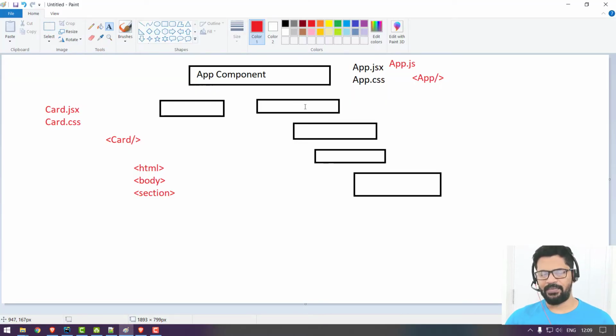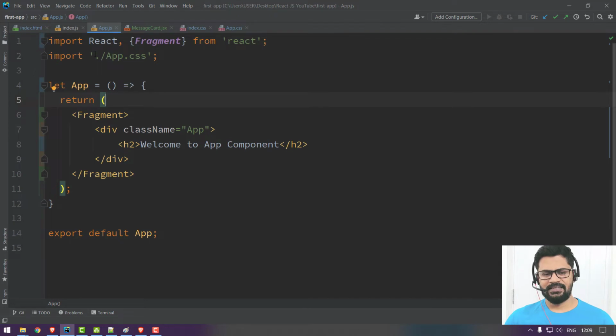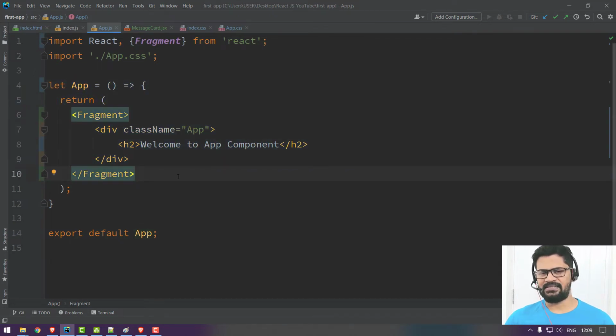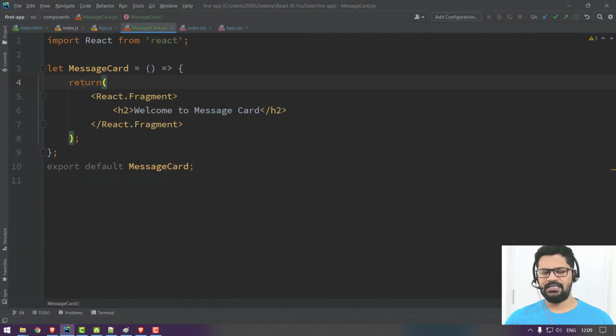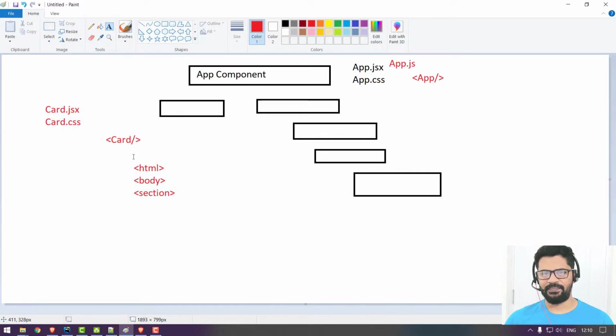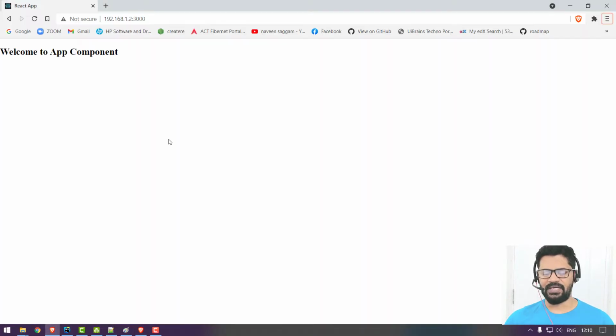You may write one more component also, but this root component doesn't have any connection with the message card component. You have to write your own components and attach them to the root level component, because this itself is loaded on the DOM, on the UI.